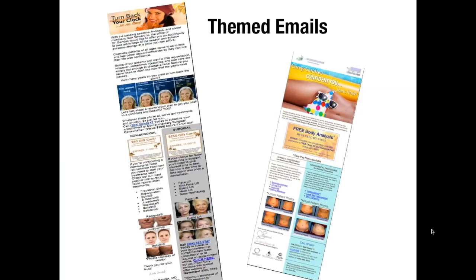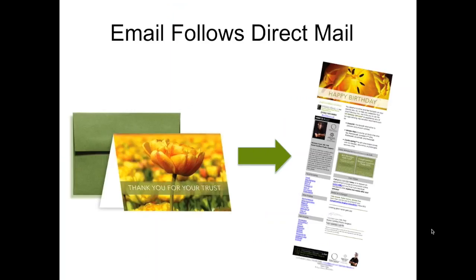Now, the next cosmetic patient marketing strategy is strategic email, not just any email, strategic. So you'll want to create a themed email for each month, such as New Year, New You, Get Your Body Back, Turn Back the Clock, and so on. You'll also want to follow up your greeting cards with a corresponding email for repetition, since busy patients need gentle